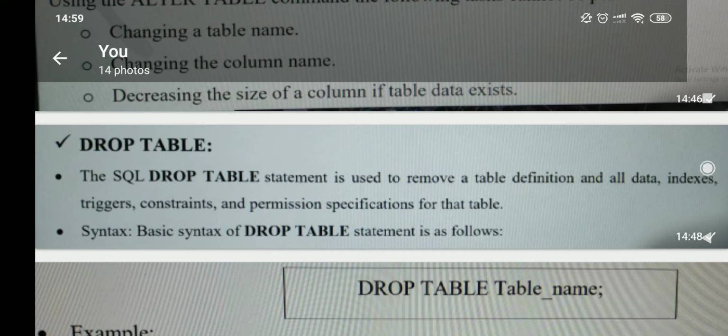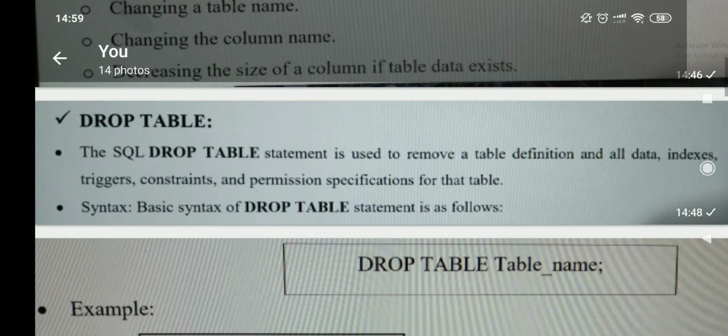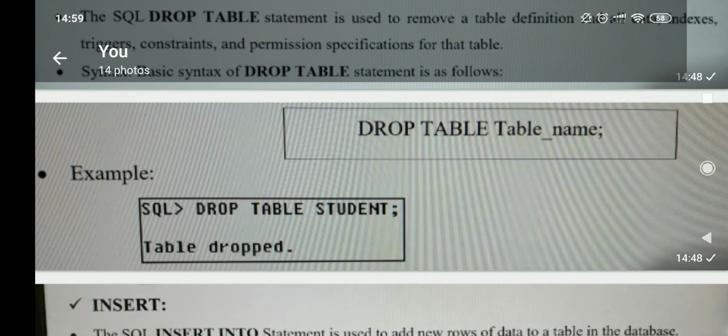That is the reason drop table name is there. Now an example, students, if you see the create command, so drop table student, because in the create command we created a table whose name is student. So without creation drop is impossible, without creation alteration is impossible.